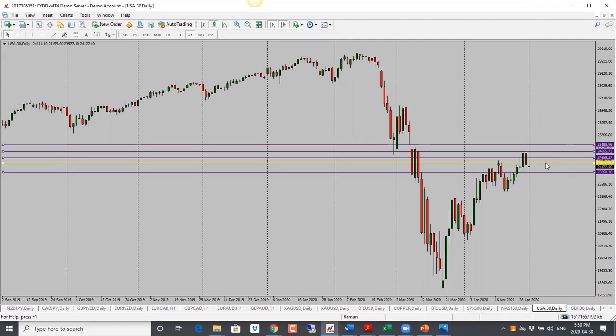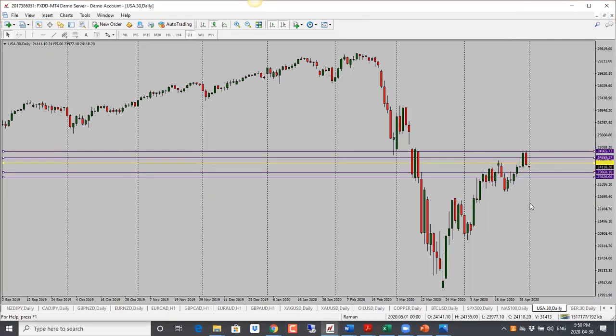Dow Jones, this is looking bearish as well. I would look for a pullback potentially into 24,300 and then a drop from there. So in something like this, first target is 23,850, and then below that we're looking at 23,620. So bearish bias here for Dow Jones.